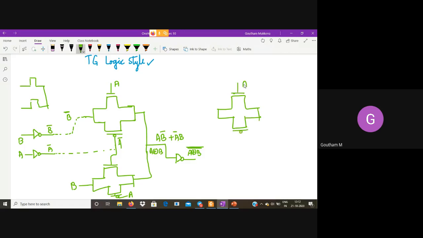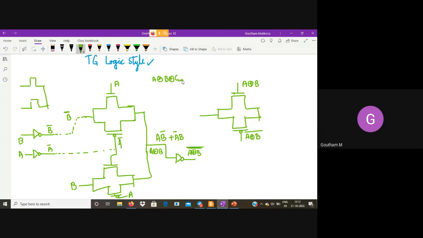I'll let this be A XOR B. If the top transmission gate's NMOS is getting A XOR B, this has to get A XOR B whole complement. So this means A XOR B. I'll give the explanation here.